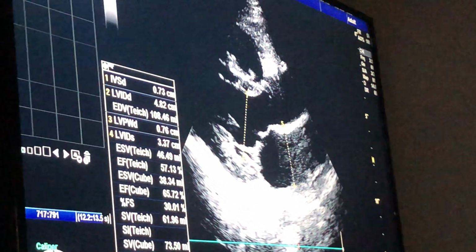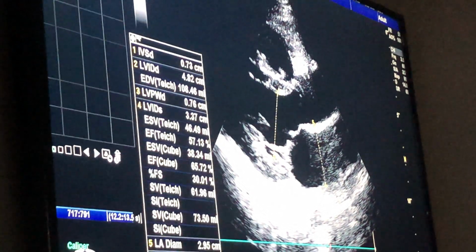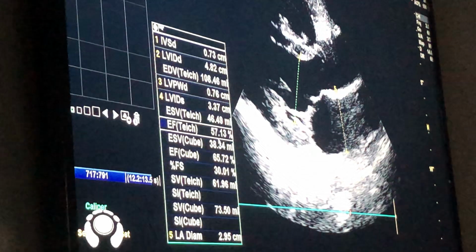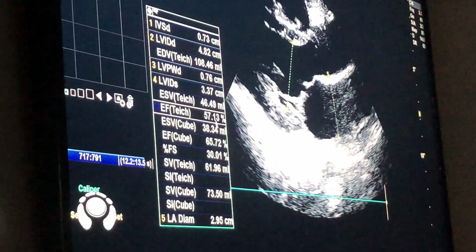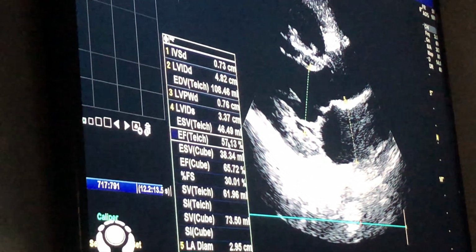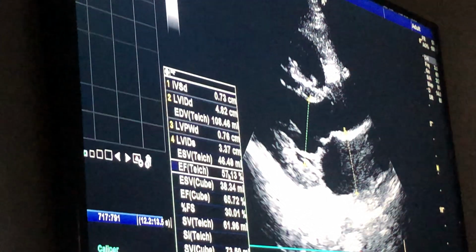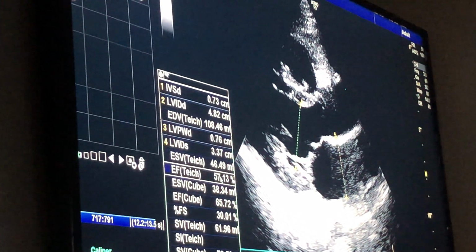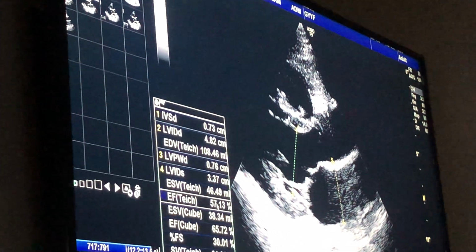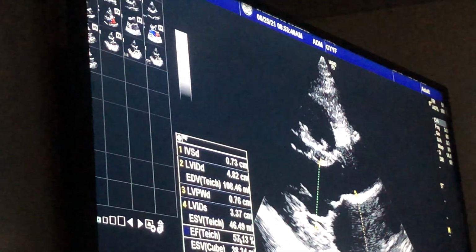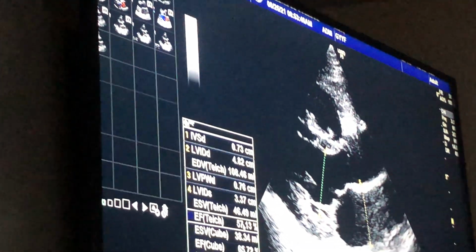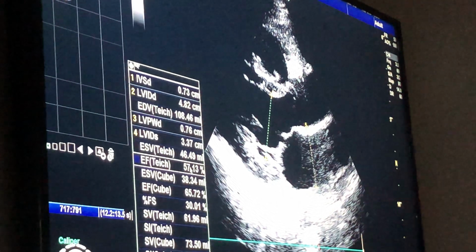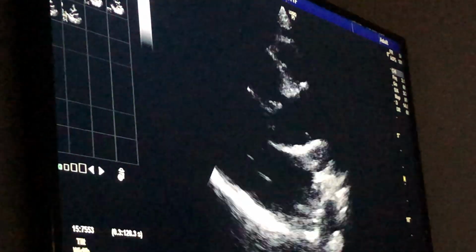Now, do you see these numbers? This is called the Teichholz method. Anything over 55% is normal for both men and women. So her heart is squeezing and relaxing properly, okay? So, we take that. Now, one more thing we're going to do, I'm going to move up a rib space on her